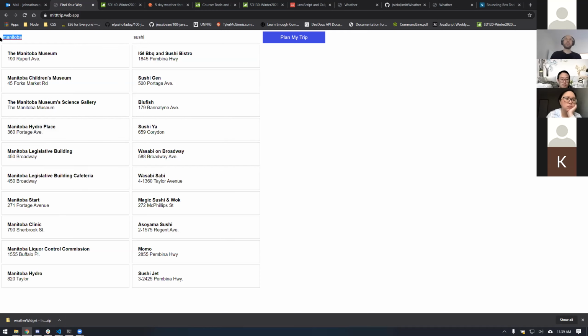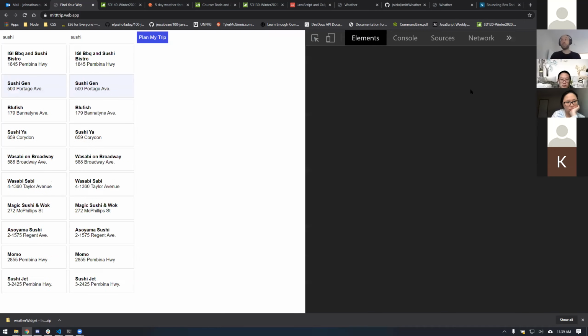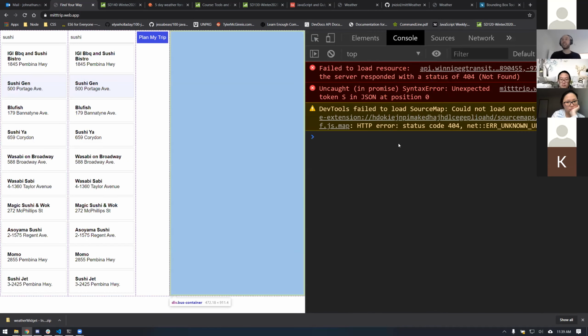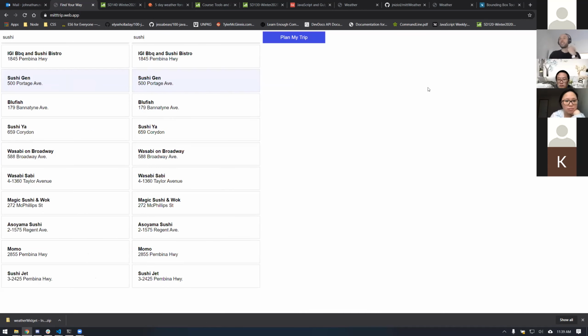If you pick the same starting location and destination, no trip comes up, that is an error. You'll get an error from Winnipeg Transit. They'll say you can't give me the same starting location and ending location. You're already there, right? They're going to tell you. Okay, so other than that,